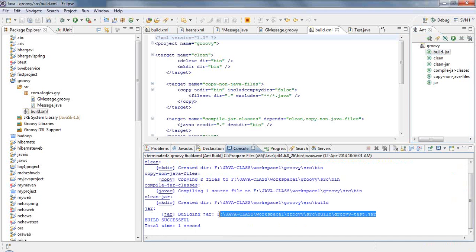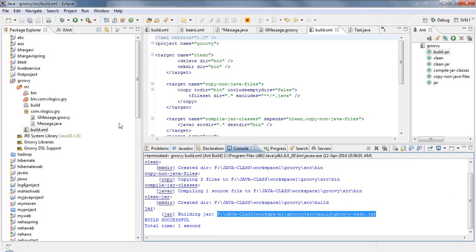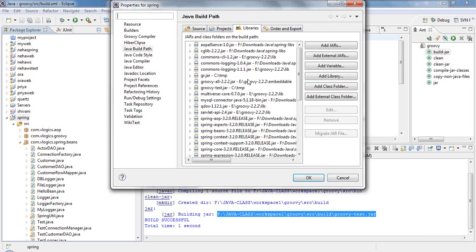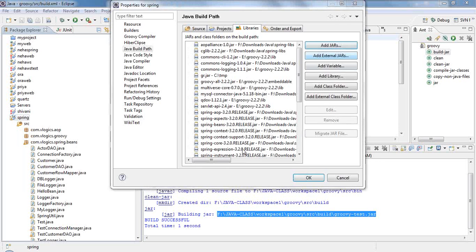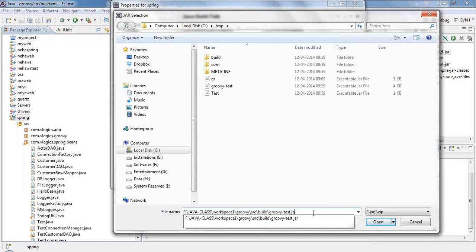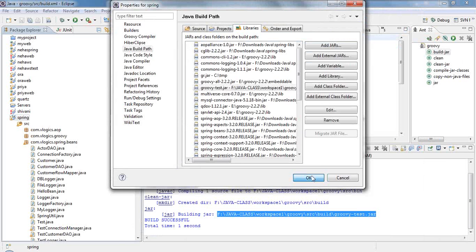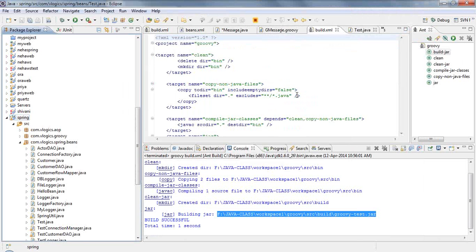What I'm going to do is refer to this jar file directly in my build path. So I go to my Spring project, remove the old reference to it, and add a new external jar file. Now I added a new method, so I have to create a new build file. You know about it, right? Then I come here and say m dot